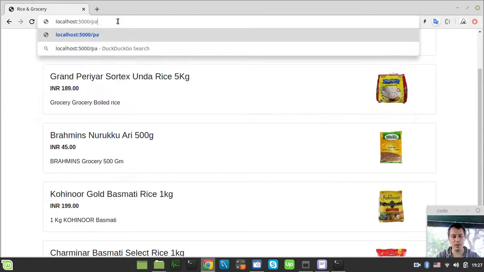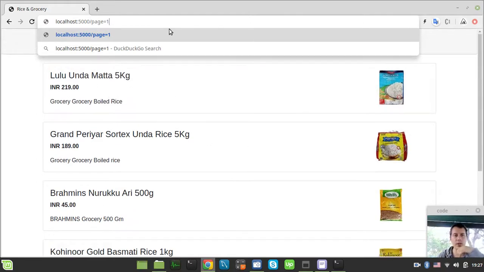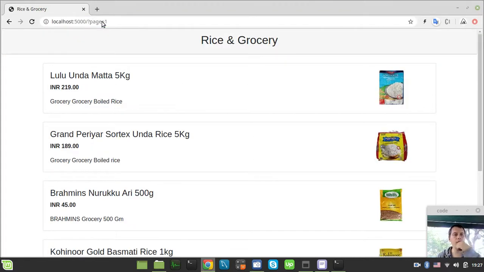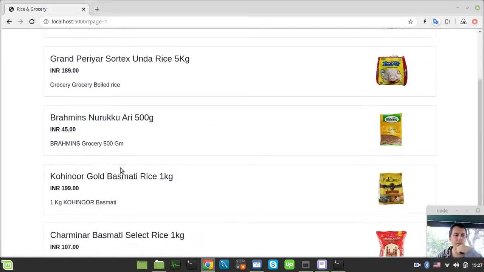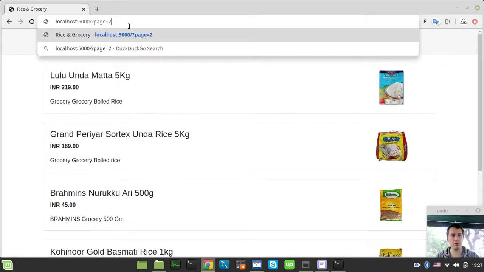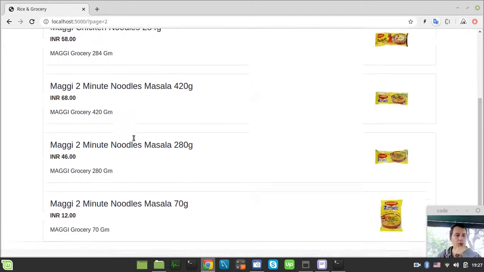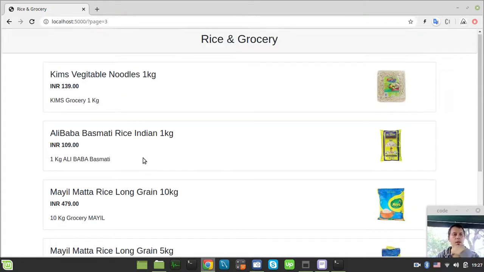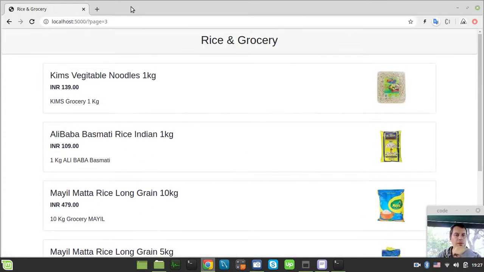Okay, so if I say page is equal to 1, it should display exactly the same page. Obviously we need this stuff. Okay, and yeah, it prints literally the same data. So if now I go to page number 2, yeah, the data is changed. Okay, so page number 3, the data is changed. Yeah, perfect. And now we need to find the number of how many pages